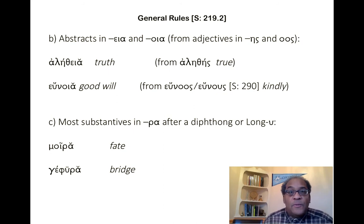Likewise, 219.2 of Smyth, certain abstracts in ea or oya, which comes from adjectives in ace or os, like aletheia or eunoia, these two will have that variation and have the short alpha in the nominative, vocative, and accusative of the singular. Likewise, most substantives in ra, after a diphthong or a long u, so moira, fate, and gepura, bridge,